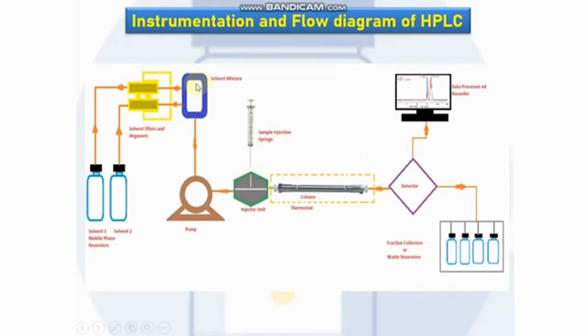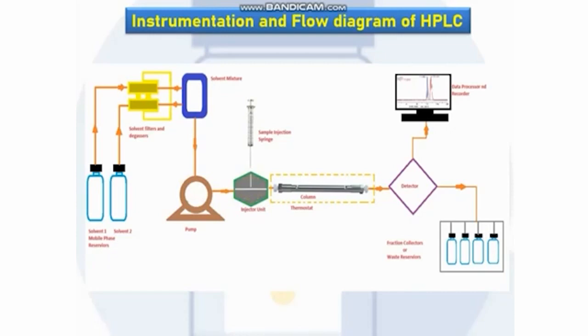The mobile phase, after mixing, is then led to the pump, where it is compressed to the required high pressure. It is between 40 to 400 bar pressure. Then the sample is introduced into the column